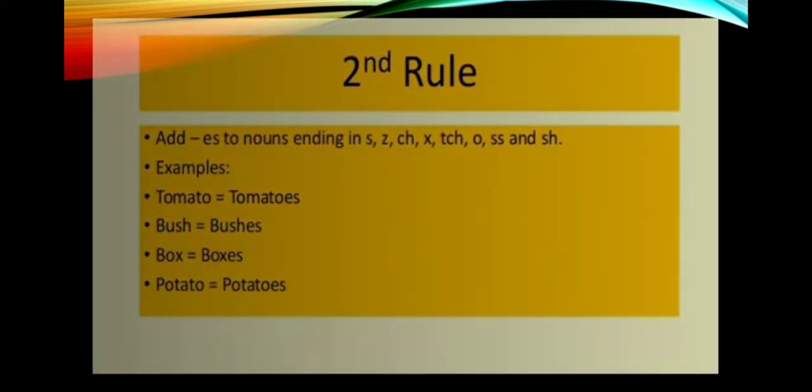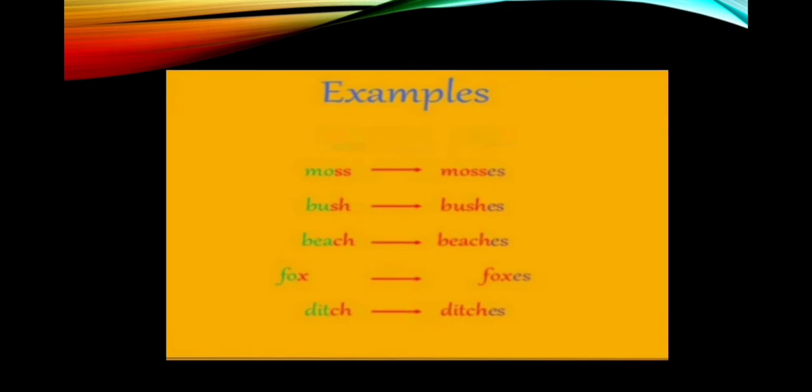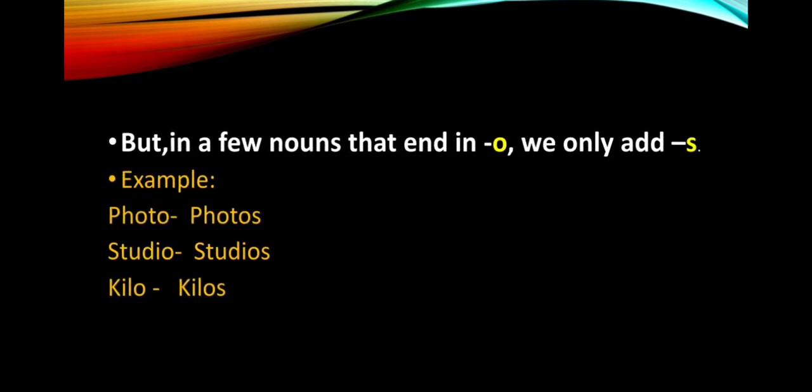Let's see some more examples related to this rule. Moss, mosses. Bush, bushes. Beach, beaches. Fox, foxes. Ditch, ditches. There is one exception to this rule. Now let's see what is that exception. In a few nouns that end in o, we only add s. For example,